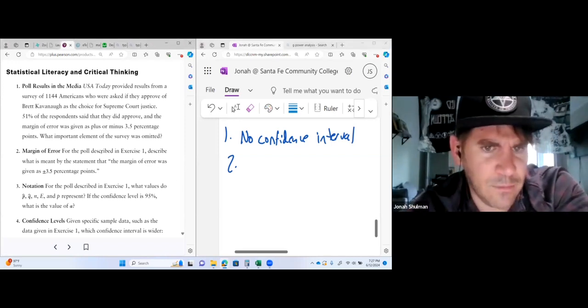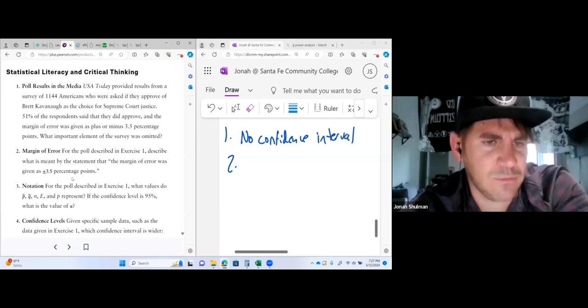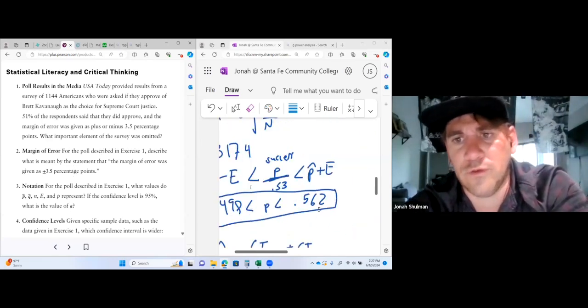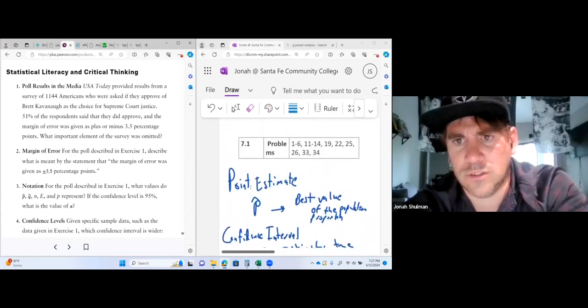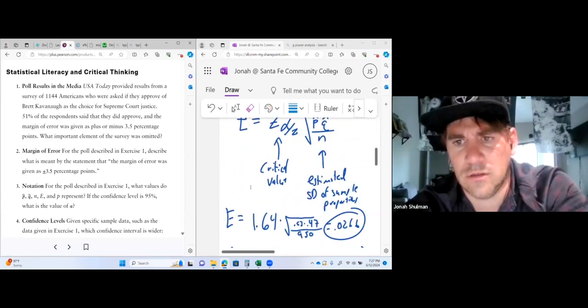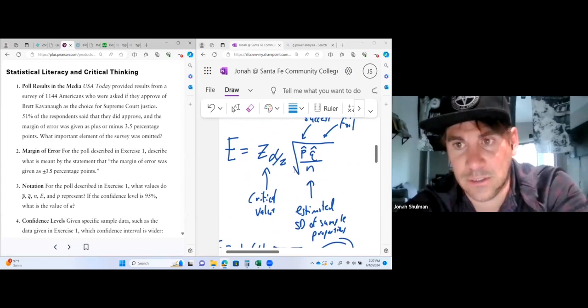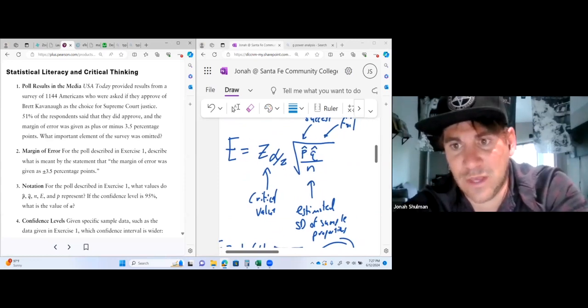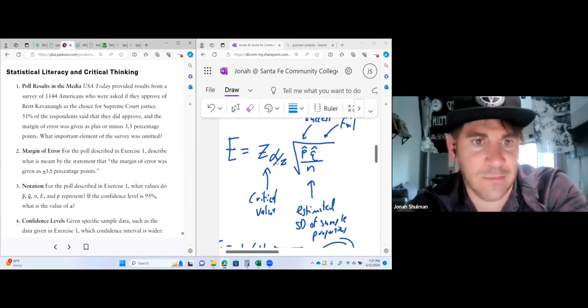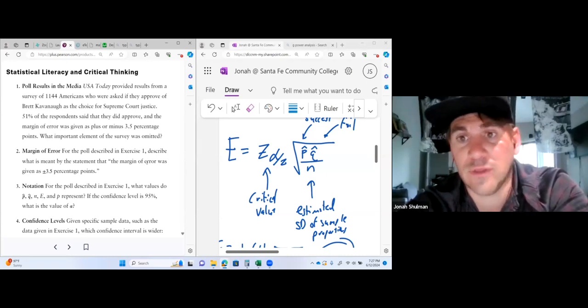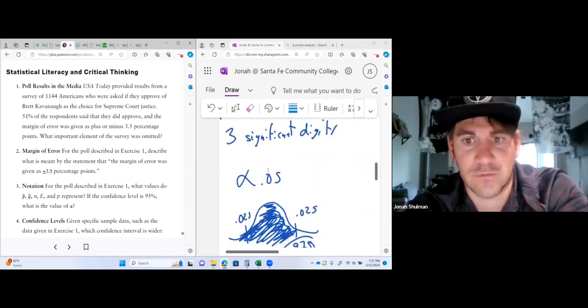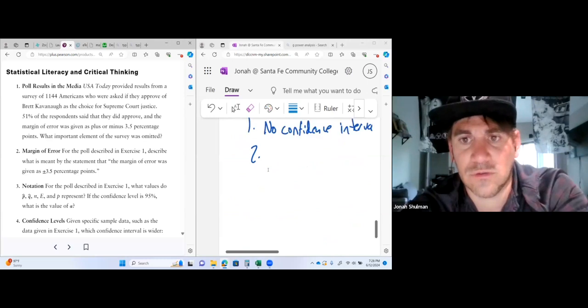Next, exercise 2: describe what is meant by the margin of error was given as 3.5 percentage points. Well, if you don't understand what the margin of error is, it's basically the square root of the successes times the failures over n, times the critical value. But that doesn't really mean anything, right? This means we are sure, whatever the confidence is. They don't give us a confidence level. But basically, for number 2,